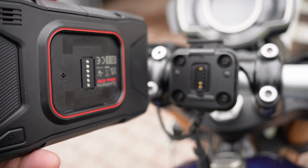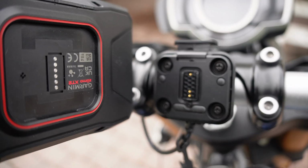So in the end, I got a cloth from my bag. It poured down rain then too. I got a cloth and I wiped the contacts on the GPS and on the bike and put it back on, and it worked. So I assume that water just got trapped in between the GPS and the seat where the pogo pins are, and probably shorted something out. So that was the only flaw with the Zumo XT, except it being slow,